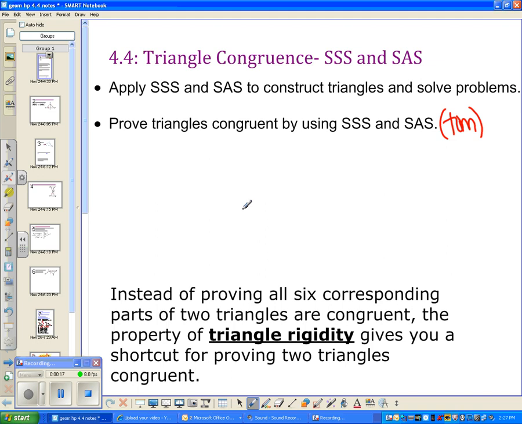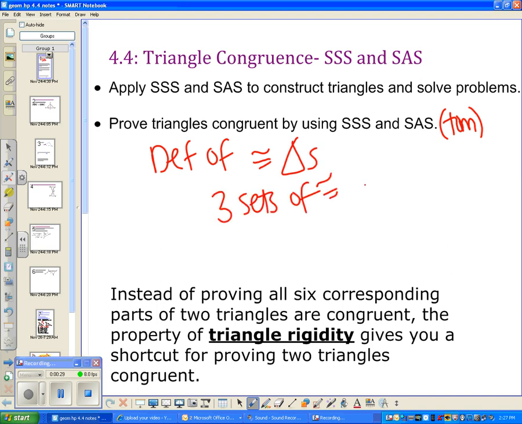And pretty much what we talked about today is the definition of congruent triangles: we have three sets of congruent corresponding angles. Remember, corresponding means in the same spot, matching. And we also have three sets of congruent corresponding sides. That's the definition of congruent triangles. Well, instead of having to prove all six parts are congruent, we have the shortcuts, and the shortcuts are SSS